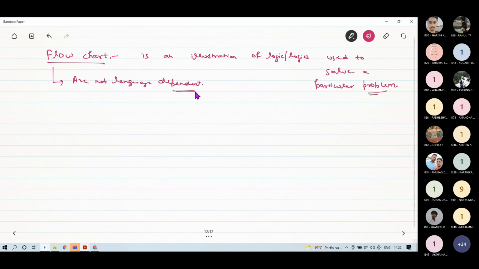Okay, so this actually gives you an illustration of how you are solving that particular problem. These flowcharts have various components, and these components are common for all the languages.